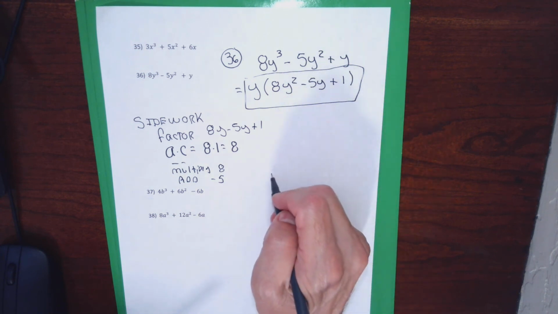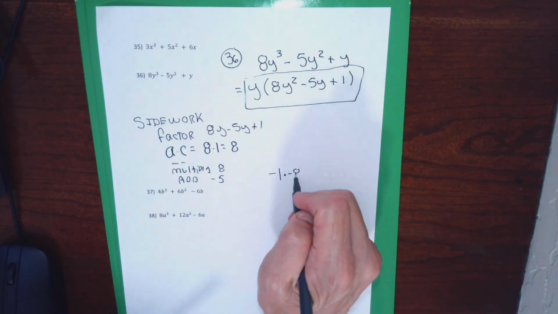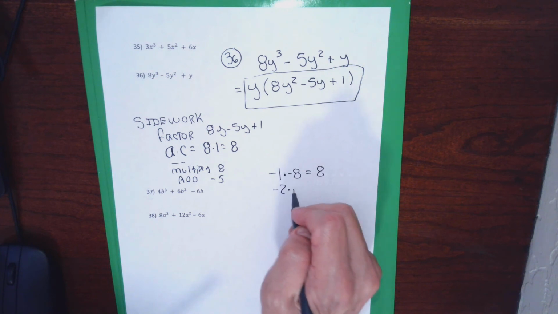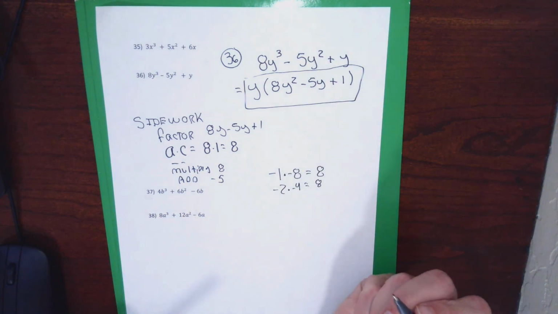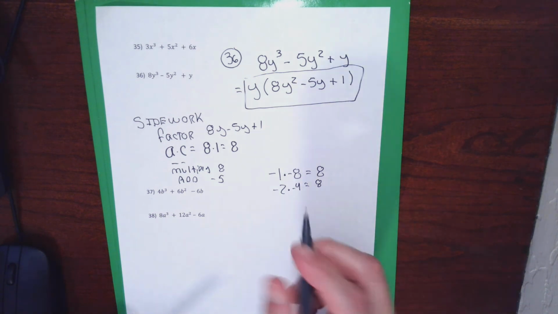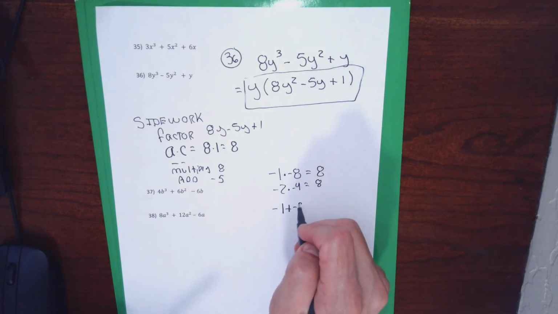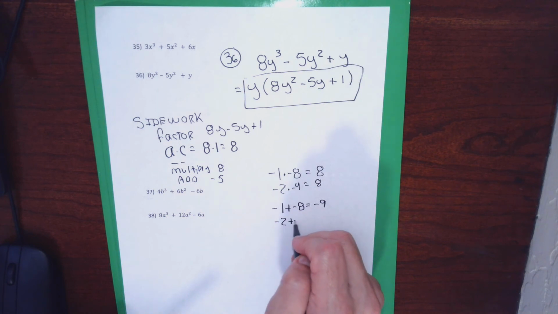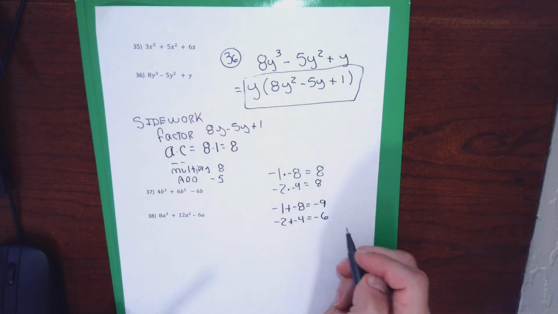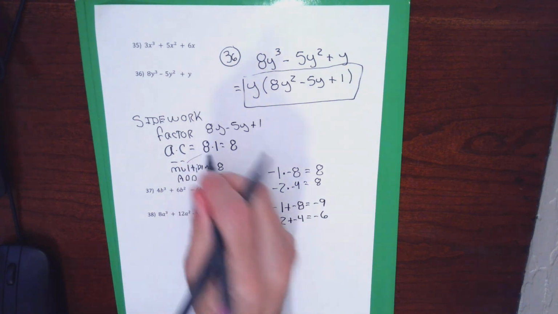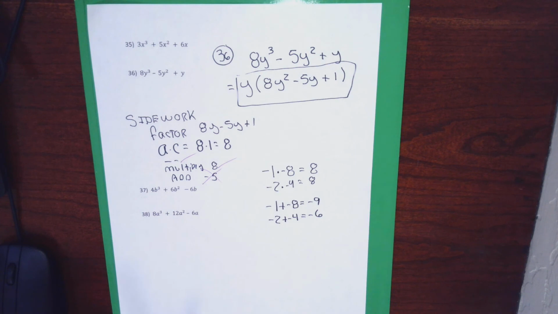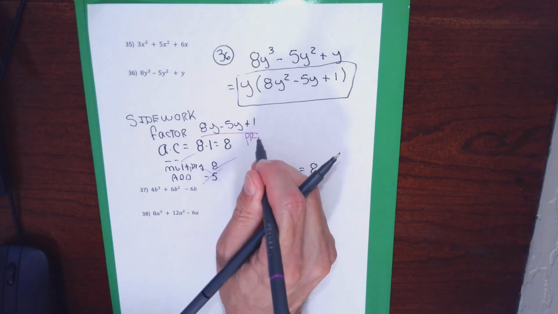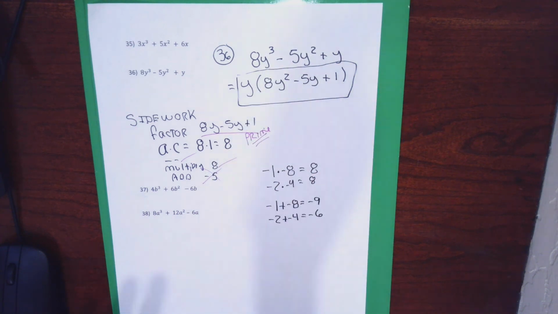So my choices, double negative to multiply to 8, would be negative 1 and negative 8. Those multiply, and you'd get 8. And negative 2 and negative 4 are also double negative, and they multiply to 8. That's good, but what's bad is that when I go to add those, I can't get the negative 5 that I need. Easy enough to get the 8, not so easy to get the negative 5. So I found double negative numbers that multiply to 8, but I can't find a pair that add to negative 5. That means this polynomial right here is a prime polynomial,